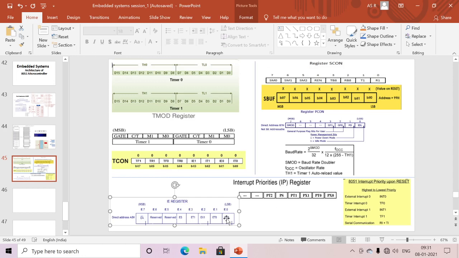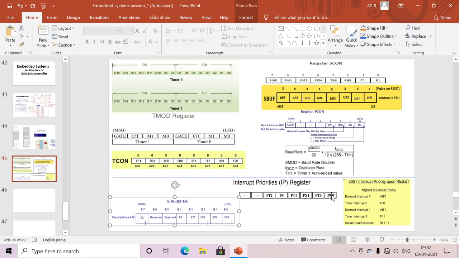If I want to enable only external interrupt 1, I set the interrupt 1 enable bit to 1 along with EA, and then only I am able to enable that particular interrupt. If I set all the interrupt bits to 1 but EA to 0, then the interrupts are not enabled. So for a particular interrupt, EA should be 1 and that interrupt's bit should be 1. These are the five interrupts: INT0, Timer 0, INT1, Timer 1, and the serial communication interrupt.